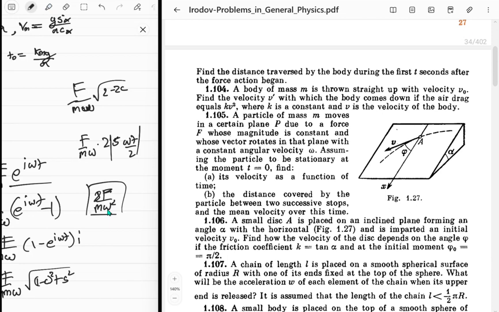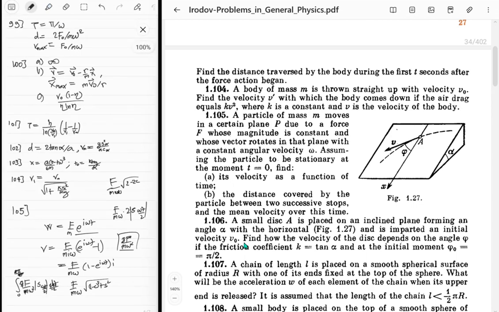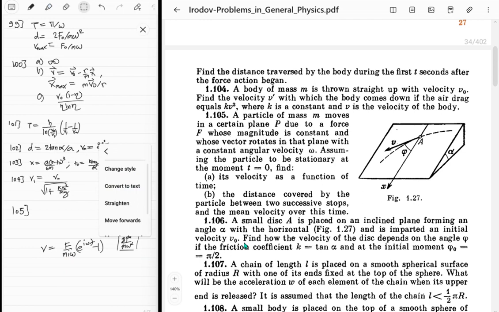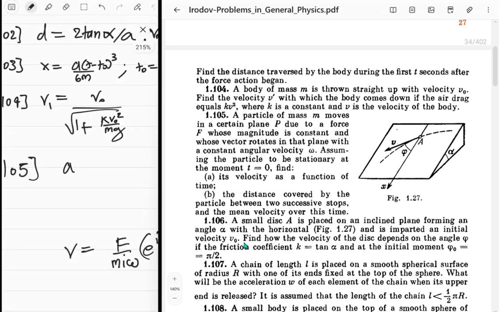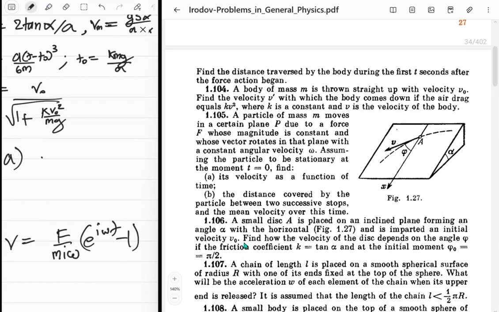Perfect. So now what do we have? We just got the distance covered by the particle. Yes, and also the velocity. You can just clear up everything else. Sorry. So its velocity is a function of time. The velocity will be given as,